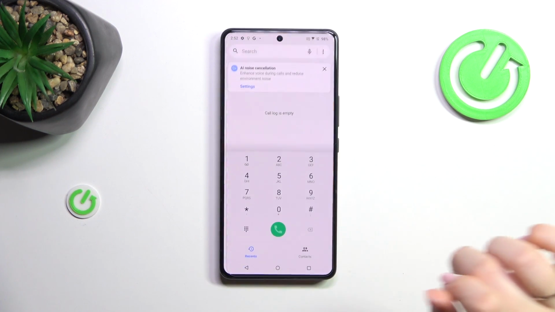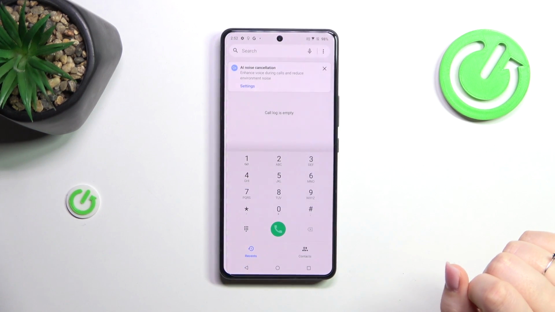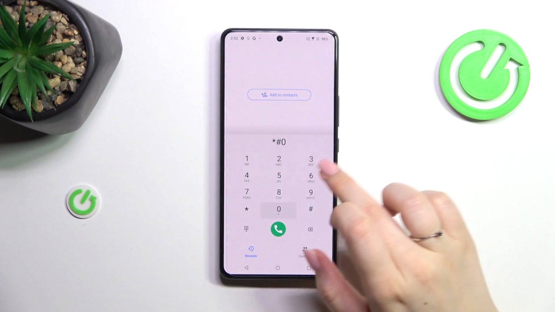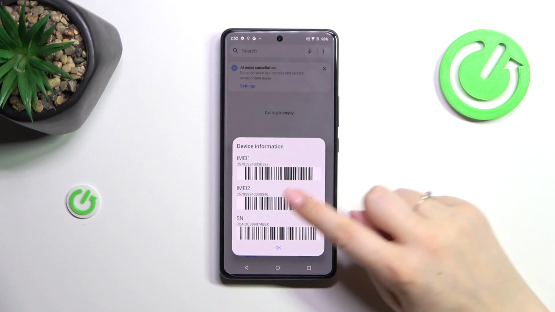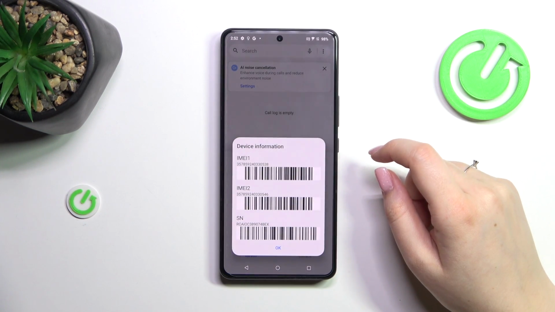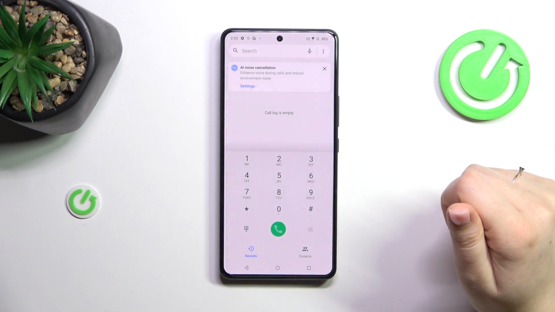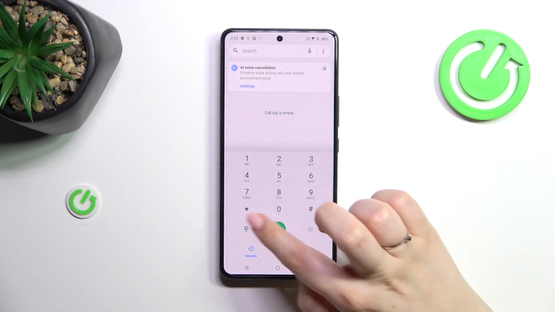Alright, so let's open the dialer and let's start with the shortest codes. The first one is *#06#. And as you can see by this code, we are provided with both the main numbers and the serial number of this device. So let's tap on OK and let me show you another code,